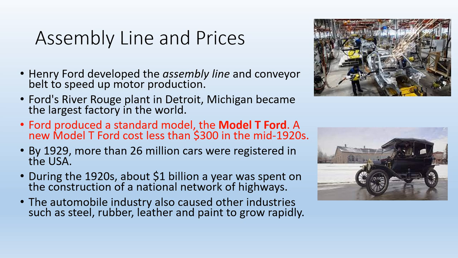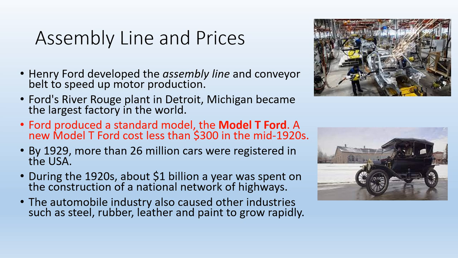And he produced a standard Model T Ford. That was the main vehicle that Ford was producing. And by the mid-1920s, almost everyone who owned a car, it was a Ford Model T, just simply because of the affordability. 26 million cars were registered in the USA by 1929, and most of those, again, were these Ford Model Ts. During the 1920s, about $1 billion a year was being spent on the construction of a new national